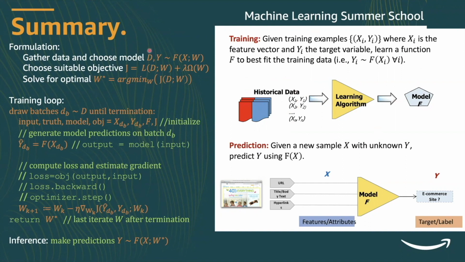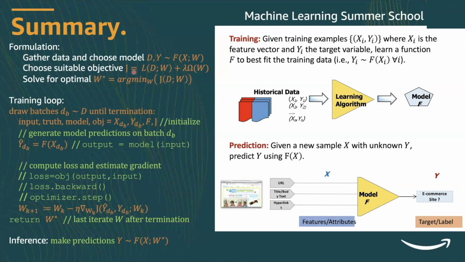And this requires us to gather the data, the right data set, choose a model F that we want to fit, choose a loss function that will determine how good the models are, with an appropriate regularization if necessary, and then use